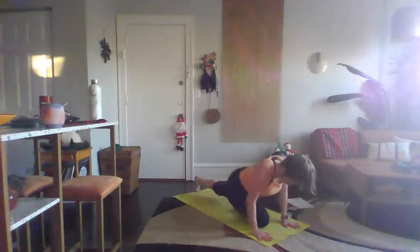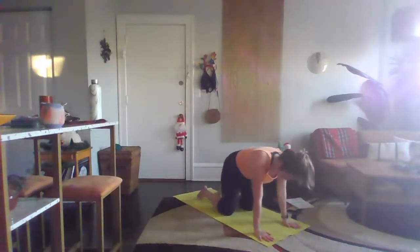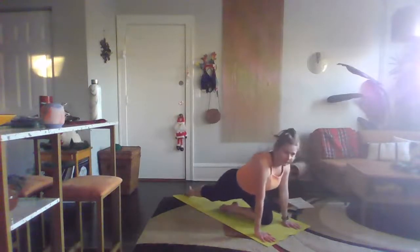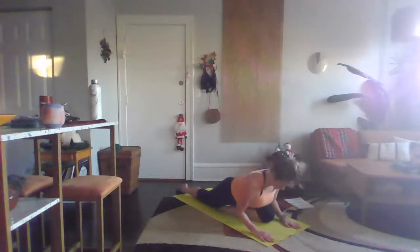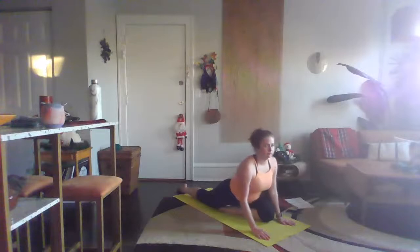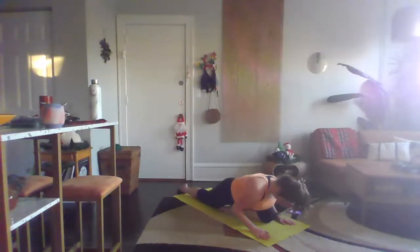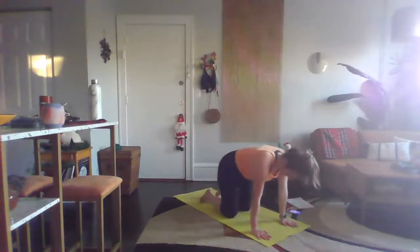Shifting your weight to the hands, moving the feet back, moving those knees back into all fours, switching sides. Bring that left knee forward and center, bring that left leg back, sitting on that left thigh. Either bringing that chest down or sitting up. Shifting those weights back in the hands, bringing those legs